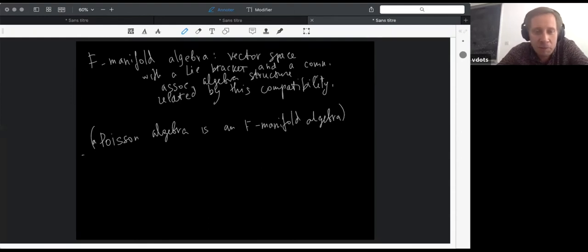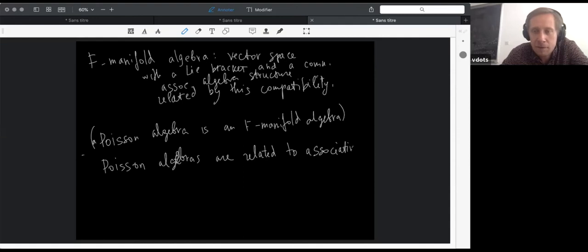So we all know that Poisson algebras are related to associative algebras. How are they related? For example, there is the